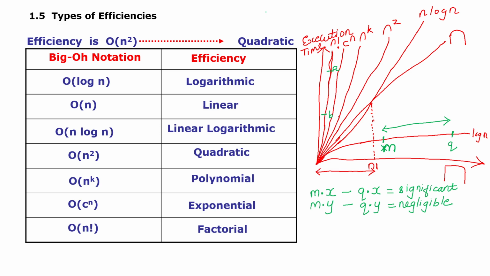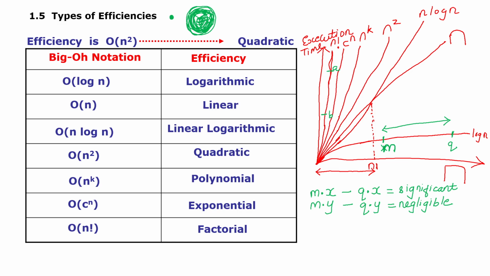Look near this heading, 1.5 types of efficiencies. You can see a green dot. I'll show you over here. So this means that the increase in the value of n is just this much, but the corresponding increase in execution time is this much, something like this, okay. So now this is a desirable property or undesirable property? The answer is undesirable. Why? Because even if you increase n by 1 or 2 units, the corresponding increase in execution time will be phenomenal, and this is not something which is desired.